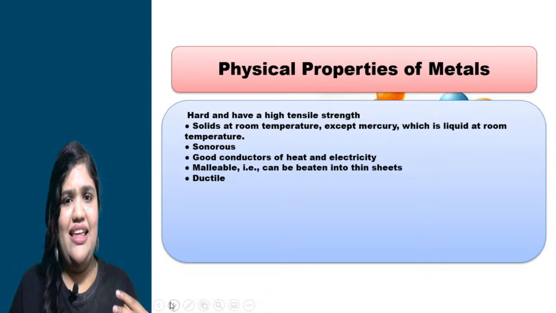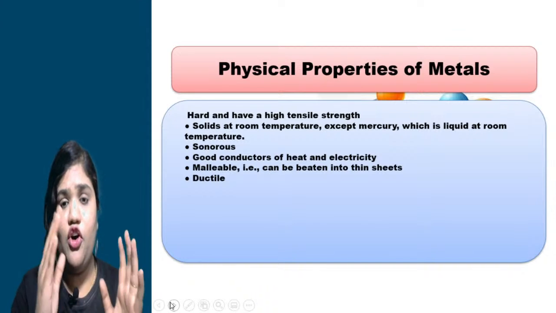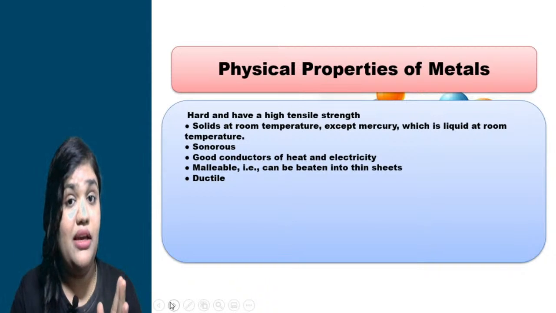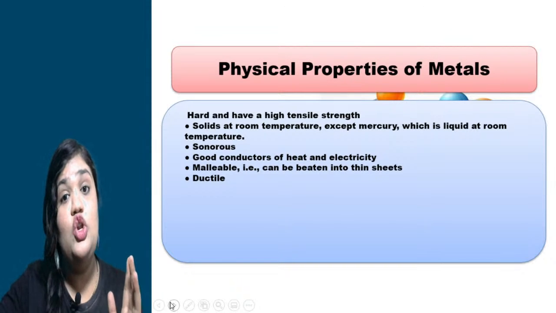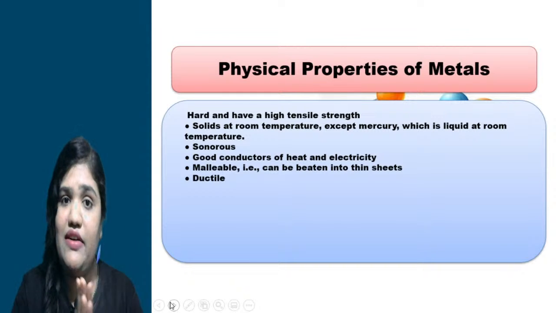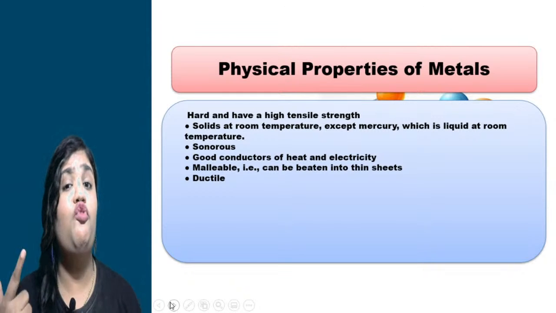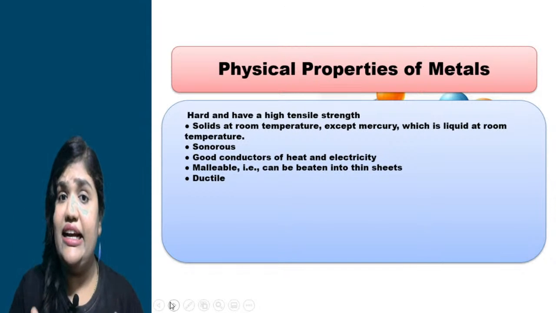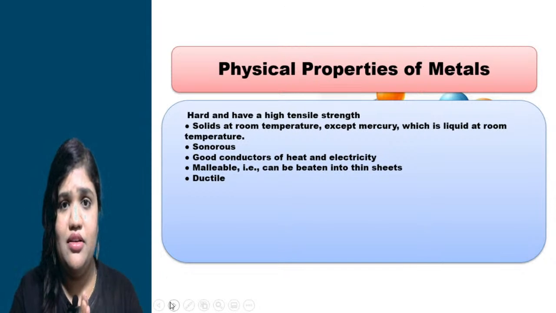So yes, I think this is sufficient for you to understand what is metal. Metals are chemical elements. They generally lose electrons to gain positive ions. Positive ions are nothing but what? Cations, right? We have discussed the general characteristics of metals, right?